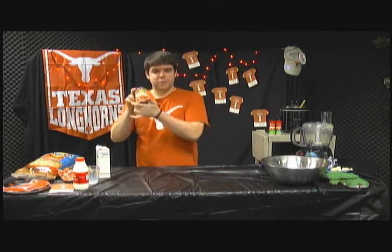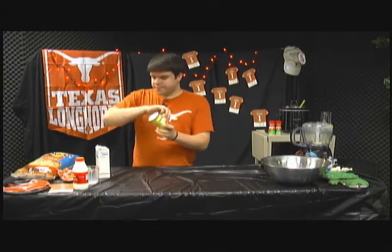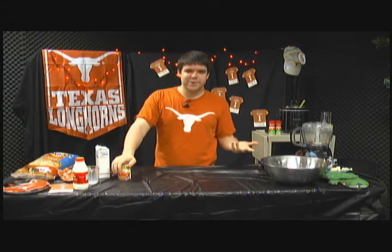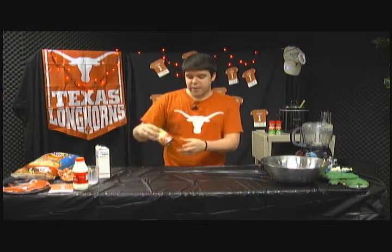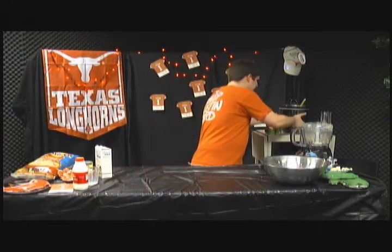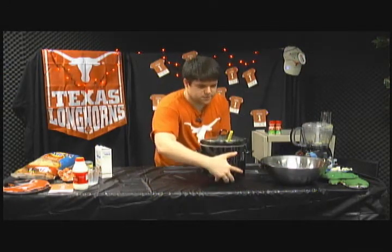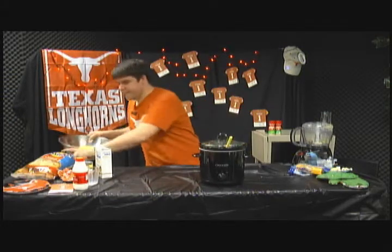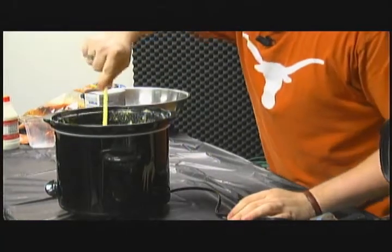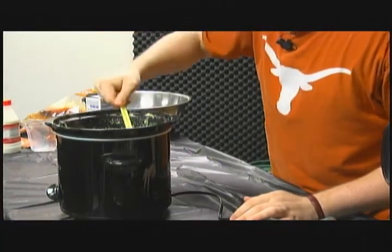And this is about the time that you would add in the Rotel. Now, the Rotel, I went ahead and got original. I'm not a big spice person. You can throw in hot Rotel, fresh jalapenos, cilantro, anything to knock the spice level up. But you're going to want to also keep the juices. You do want to put the juices in there. So once you add the Rotel in, the end product is a very smooth, rich queso